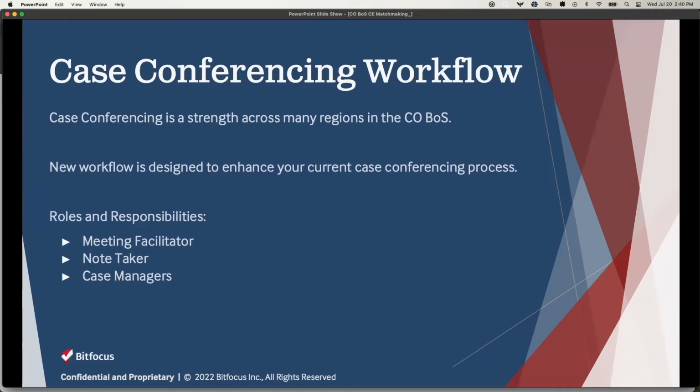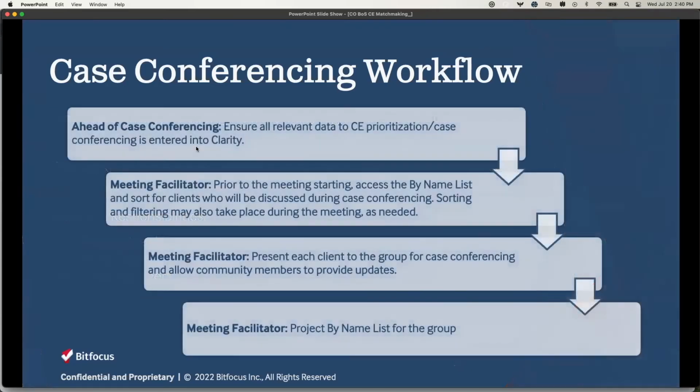There are 3 different roles that we're going to reference related to case conferencing. These roles include the case conferencing meeting facilitator, the case conferencing note taker, and the case managers. Each of these roles has a unique and important role to play in case conferencing and matchmaking. So we'll demo this process after the slide presentation, but to give you an idea of our recommendations,